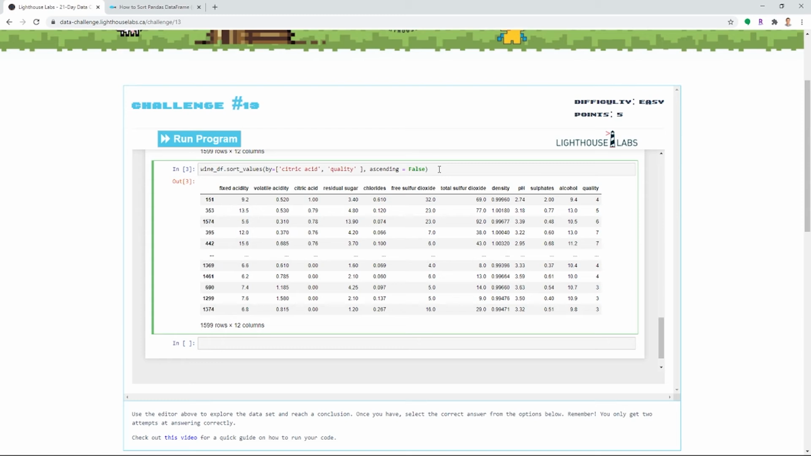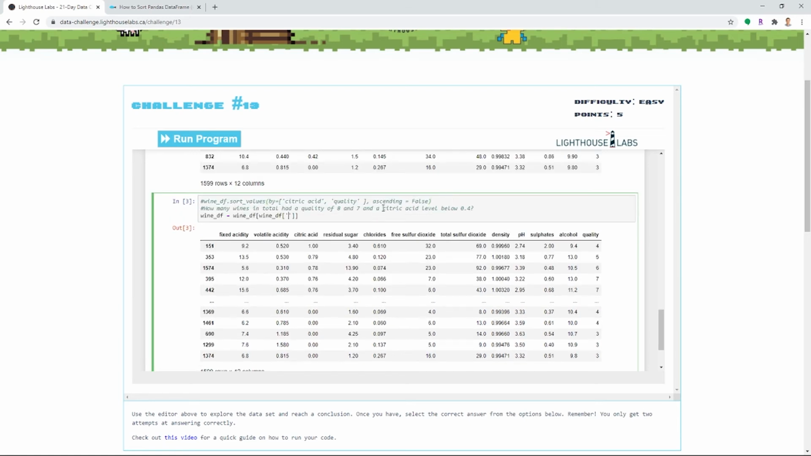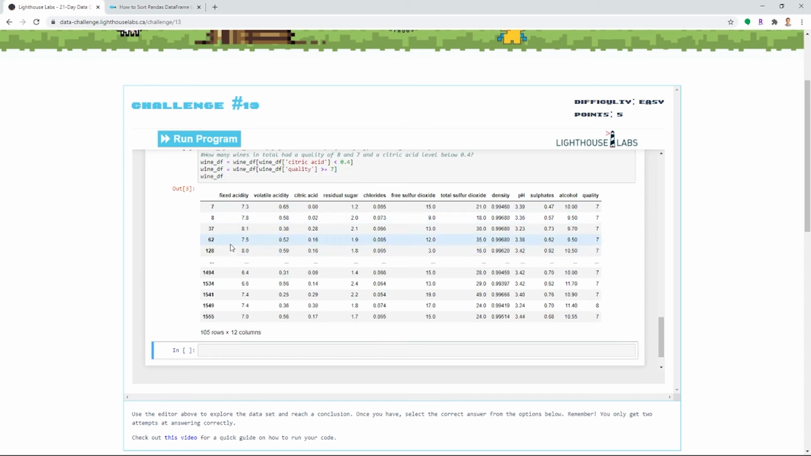This is where filtering might be a better tool for these types of analysis. Let's go ahead and use filtering to answer this question. We'll remove this line and filter the data frame with wines that have a citric acid level below 0.4. Let's take a look at the data frame, and you can see that it only includes wines with citric acid less than 0.4. Let's further narrow this down by only including wines with quality of greater than or equal to 7. And taking a look at our results, we see that there are a total of 105 rows or 105 wines